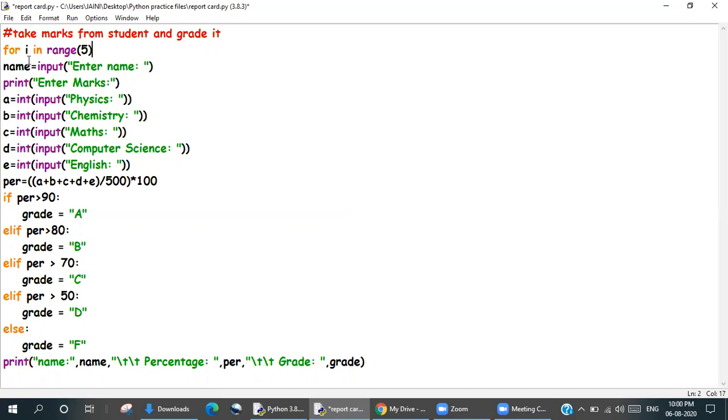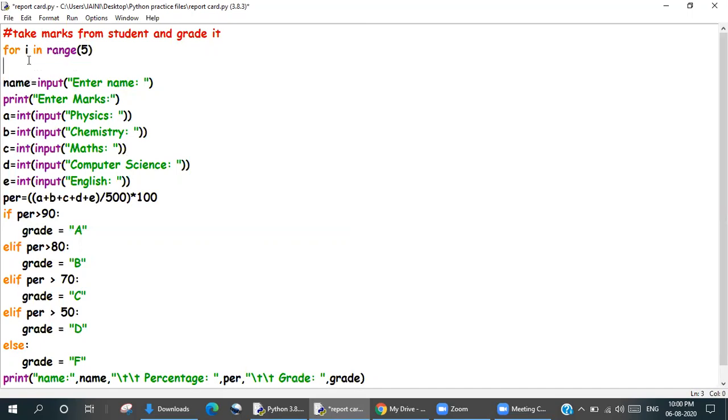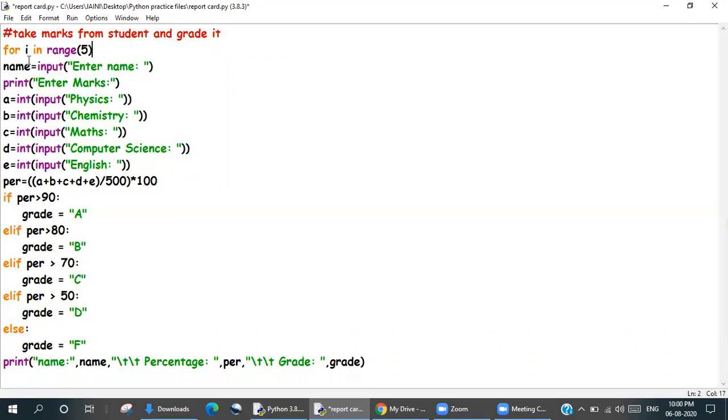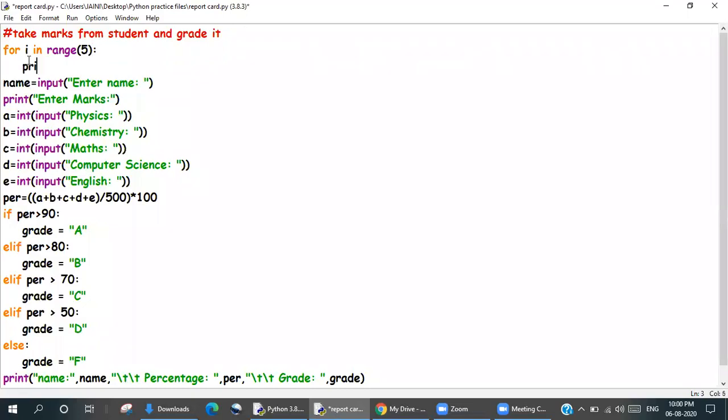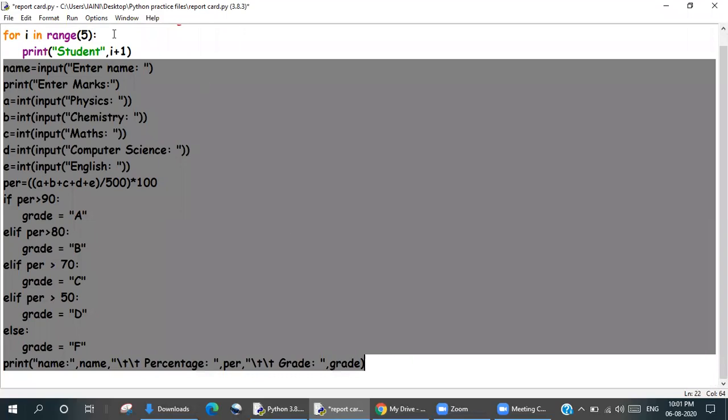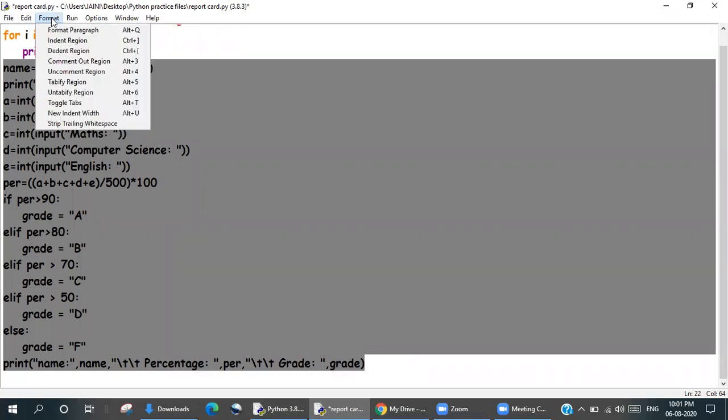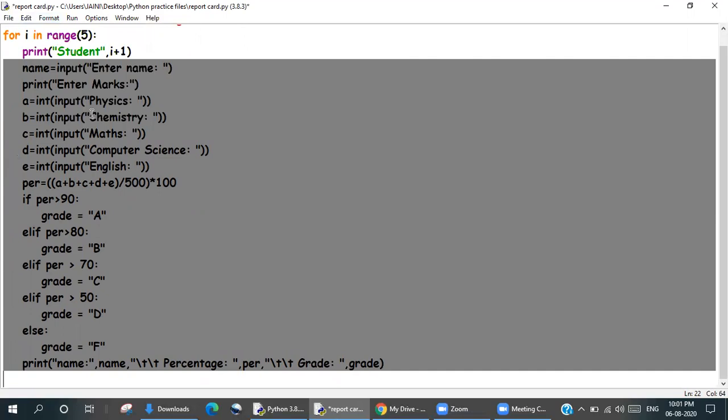Then I can say print student, and I want to give the number, so I'm going to say i plus 1, because i will generally be 0 and I can't just show 0. All of this will now get an indentation, so I'm just going to go and say indent region.